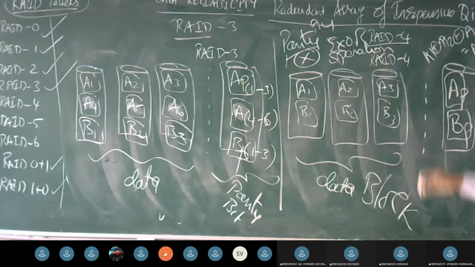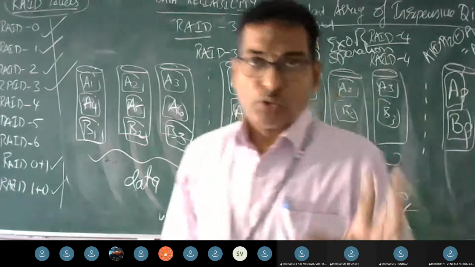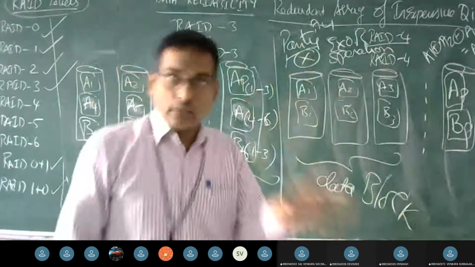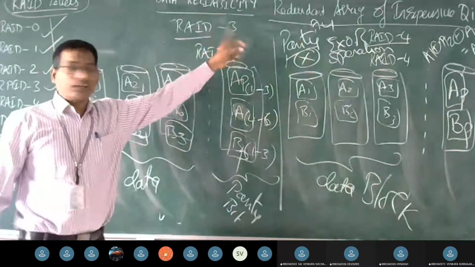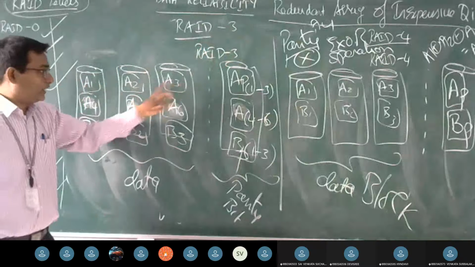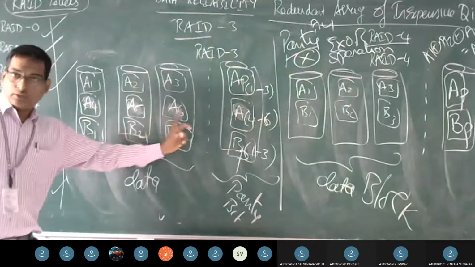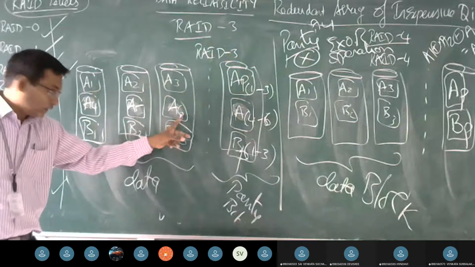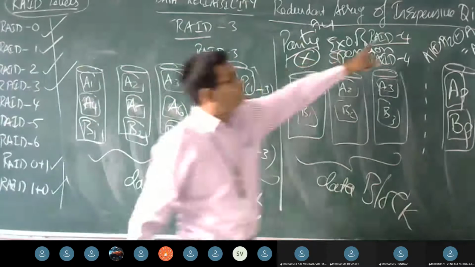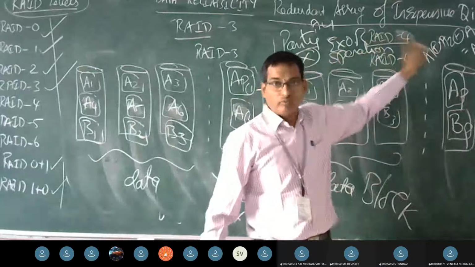Then I am going to get this parity bit. So you should understand one more difference here. When coming to RAID 3 architecture, A1, A2, A3, the fourth bit was spread down, right? But when coming to this RAID 4 architecture,